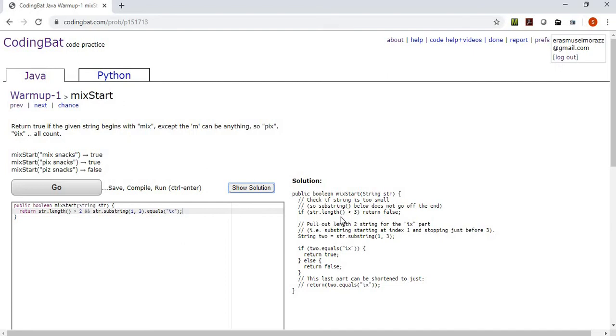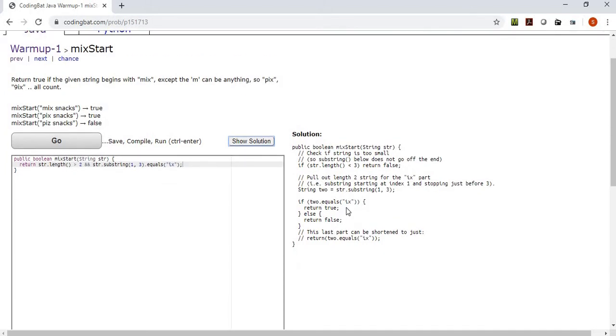Okay, so if string length is less than 3, return false. That's checking our edge case, which we did right here. If string equals 2, this is not an if statement. This is an assignment. Okay, string dot substring 1 to 3 equals string 2. So they're assigning that substring to the variable 2. If 2 equals, in 2, this is the substring they just created. If string 2 equals ix, return true, else return false. Okay, and they're saying that last part can be shortened to return 2 equals ix, or we can shorten the